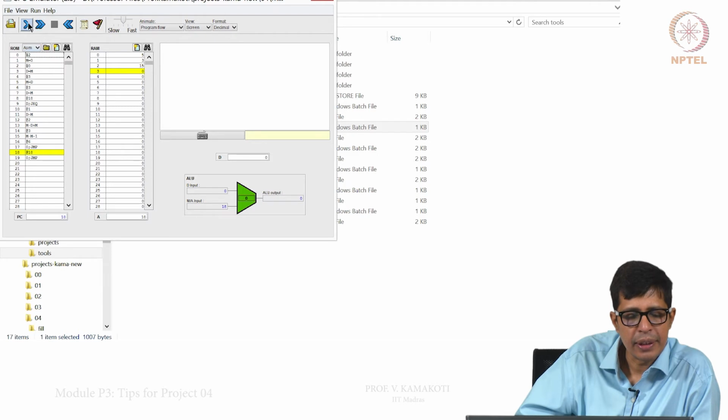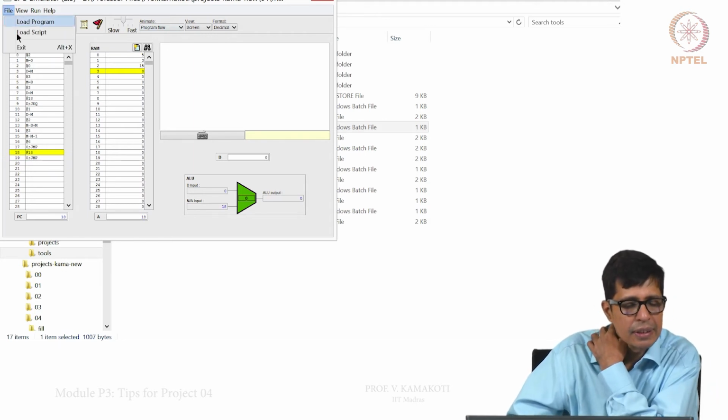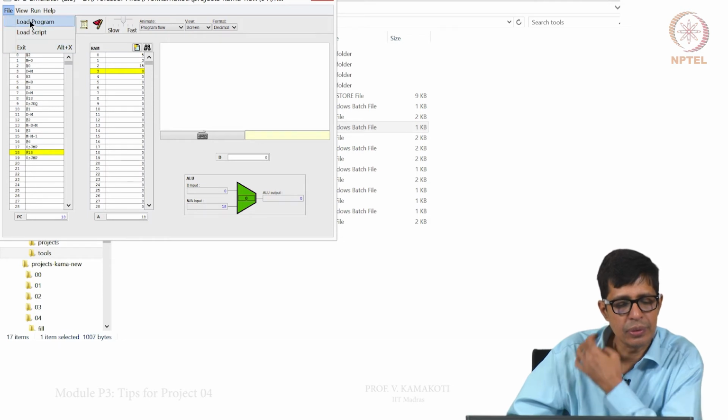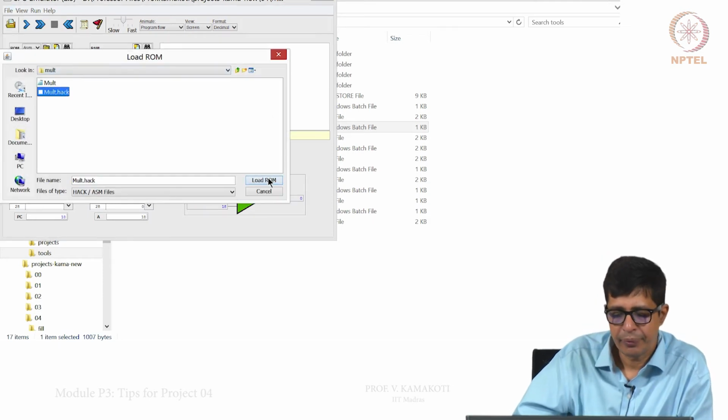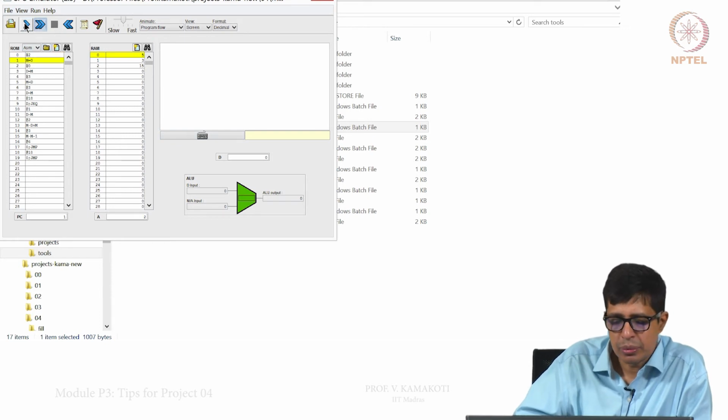So, this is over, so I can say stop, oh, still it is here. So, we will again load the program. Yeah. So, now we will see what is happening at 2. So, nothing happens at the ALU.